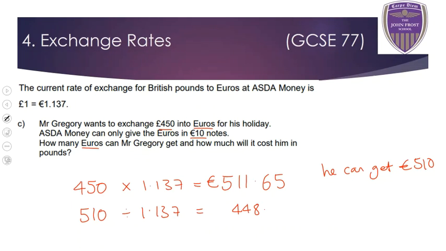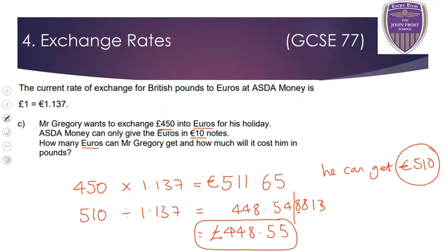So it comes out in the calculator as 448.54881. Okay, which again doesn't really make sense. We're rounding it, aren't we? Okay, so from there, 2 decimal places, the 8 means the 4 goes up, so we can actually get 448.55. Okay, so that is how much you can get due to what notes they've got, and this is how much it's going to cost him in pounds. All right,